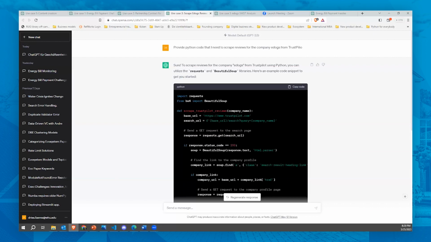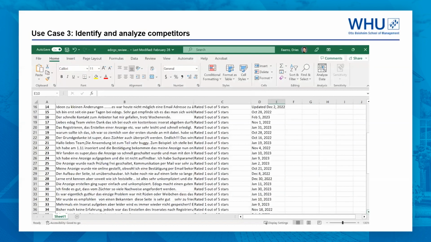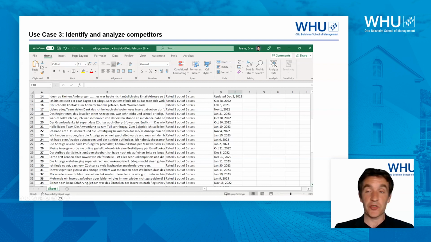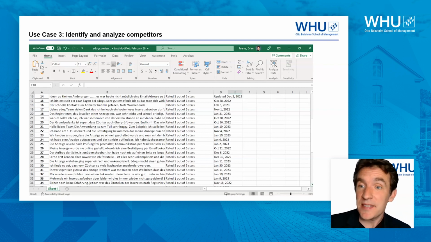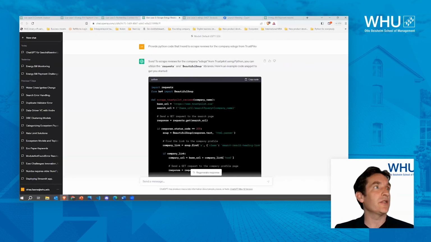So what do you then get in the end? If you do the scraping, in the end, what you then get is, for instance, an Excel sheet where you have simply all the reviews of different people together, also with their rating. So now you can start analyzing the comments that people have given. In the past, you would do that by doing a kind of coding, go through the comments yourself. But again, nowadays, GPT comes to the rescue here, because actually GPT can do the analysis for you. So let me show you how you can do that.